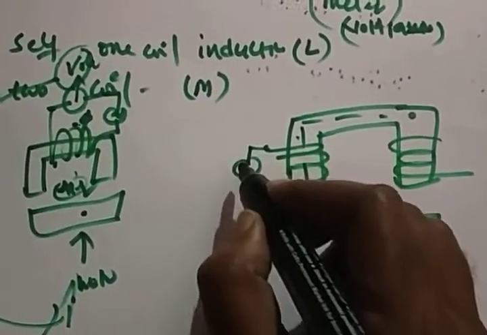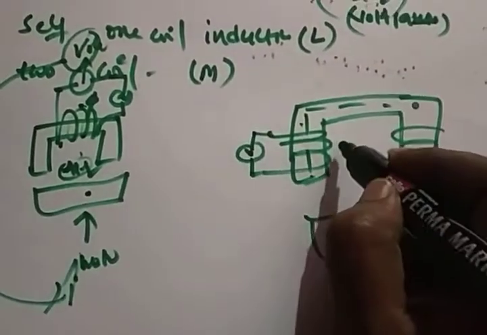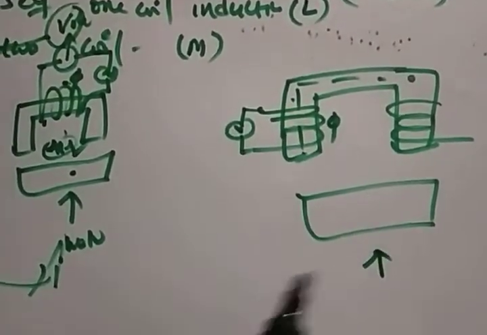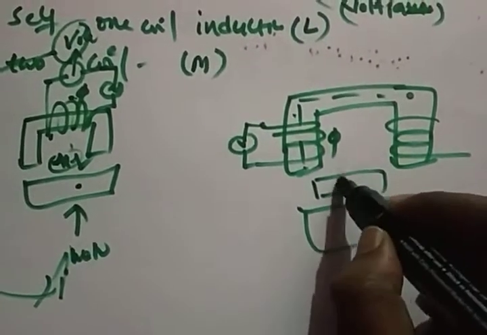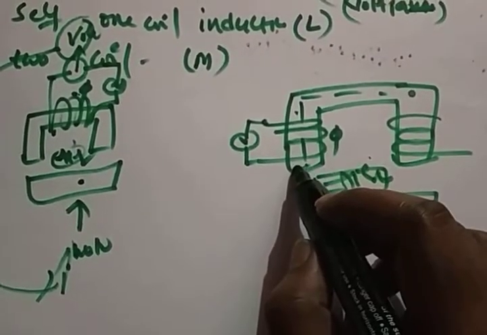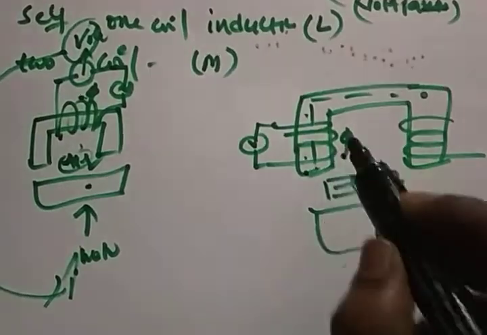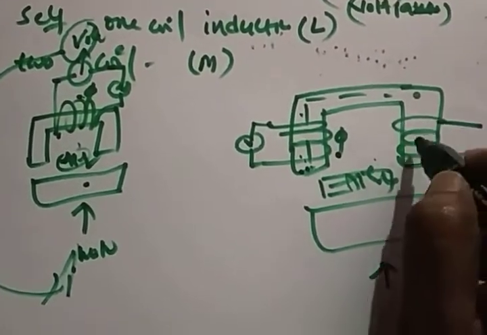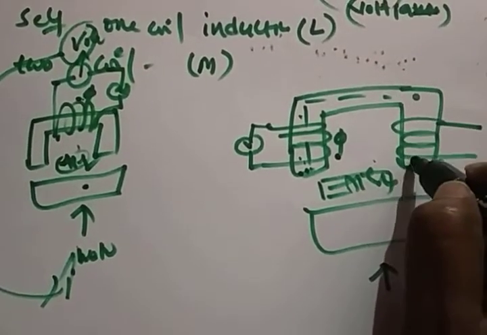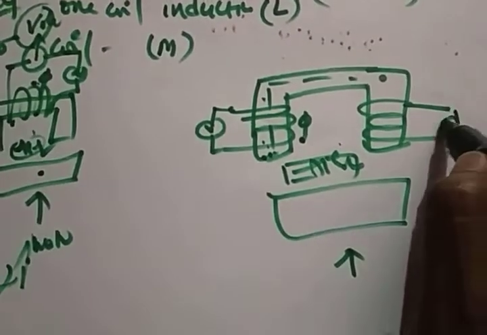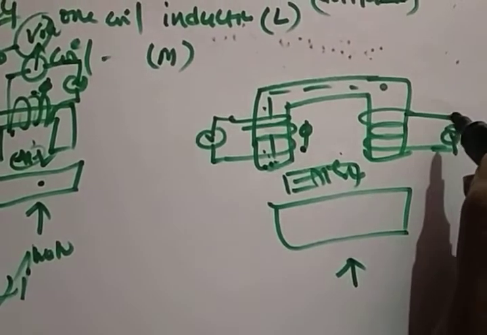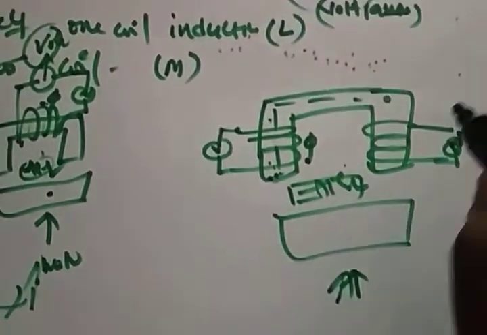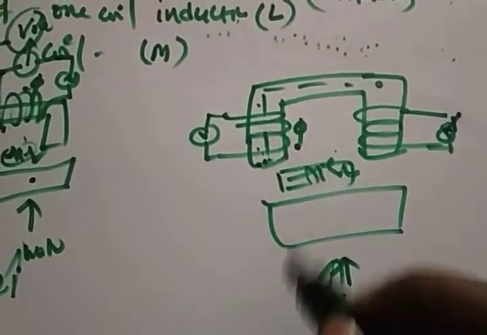So when voltage is applied in one coil, a flux will be developed. This is a series magnet, and you apply a motion here. Definitely the air gap will change. If the air gap changes, a change in flux will be created here. This change in flux will travel like this, and here also flux will be developed. So the change in flux here will also induce an EMF, right? So you can find the output voltage or current. How do we get this output? By changing the motion. Whatever the output is, it is analogous to the motion that you applied, right?